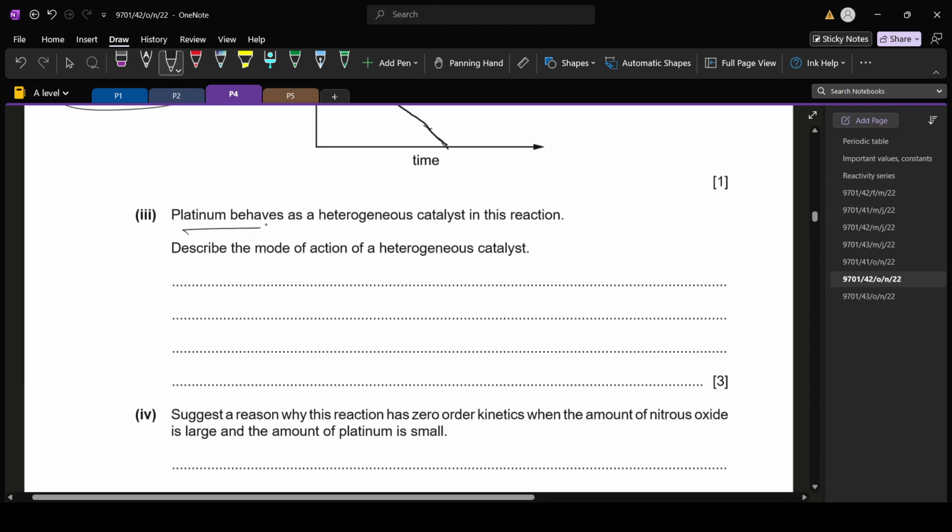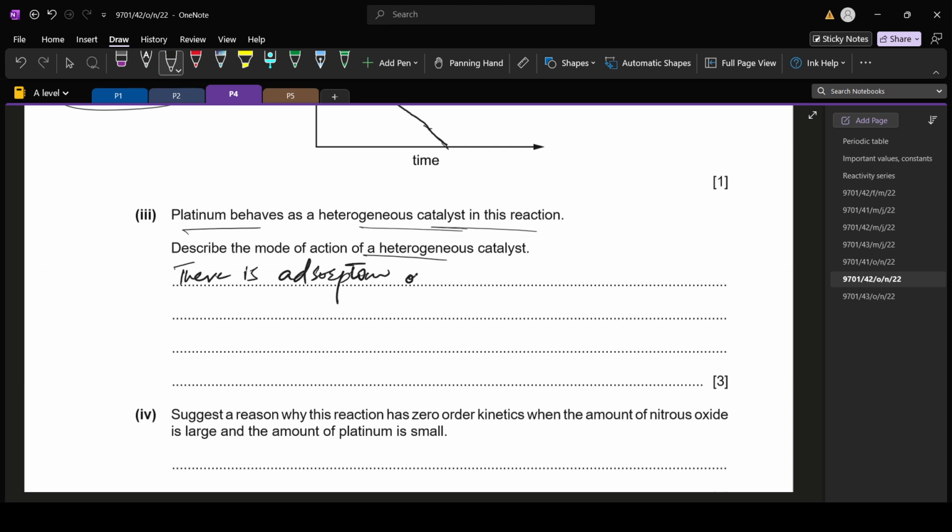Now moving towards the next part. Platinum behaves as a heterogeneous catalyst in this reaction. Describe the mode of action of a heterogeneous catalyst. You have to remember this, the mode of action of heterogeneous and homogeneous catalysts. For the heterogeneous catalyst, the catalyst is in a different phase to the reactants. So there is adsorption of reactants onto the catalyst surface,